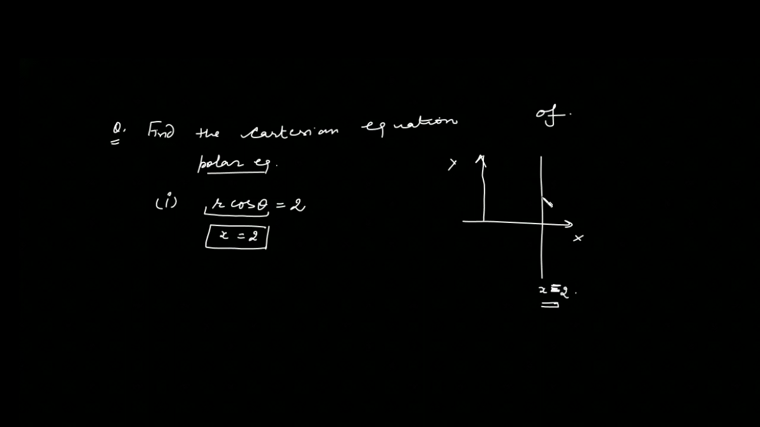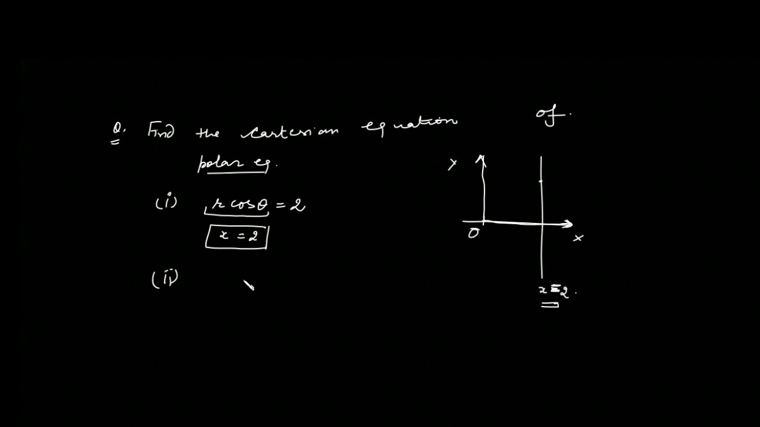right? And this line is represented in polar. So this is your initial ray, this is your pole. r cos theta is equal to 2 means this line x is equal to 2